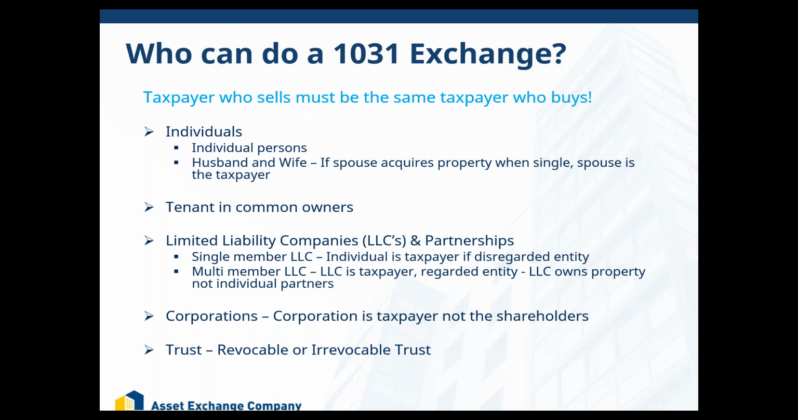So they buy 1234 Main Street in the name of 1234 Main Street LLC. It's an investment property. They hold on to it for a period of years. They go and sell it in a 1031 exchange. The property they're going to purchase is going to be 5678 Central Avenue. Now, they don't want 1234 Main Street LLC buying 5678 Central Avenue. So what do they do in that case? Well, they go out and create